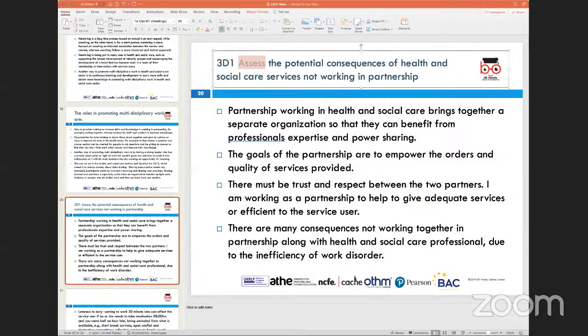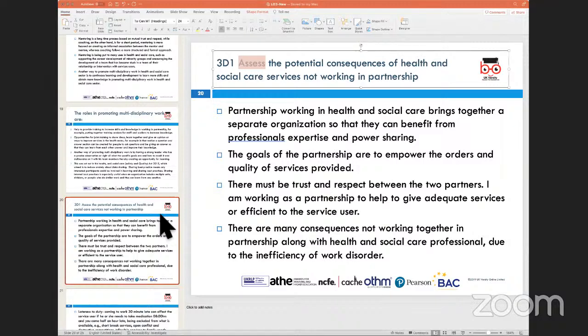Everybody says Wi-Fi not working, this and that. So similarly, if you apply that concept, if things do not happen as planned, or if they are not happening as they have been described in policies and guidelines, then what could be the disadvantages or potential consequences of partnerships, in this case within the health and social care sector, not working? If partnership working breaks down, that means if there's distrust between two different agencies, then you're going to see fragmented delivery of services happening to the patient.